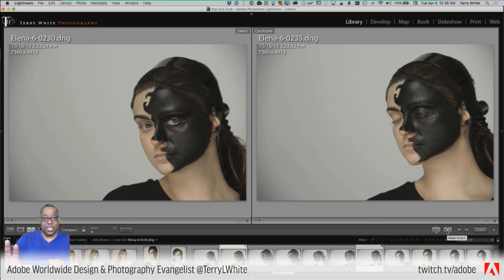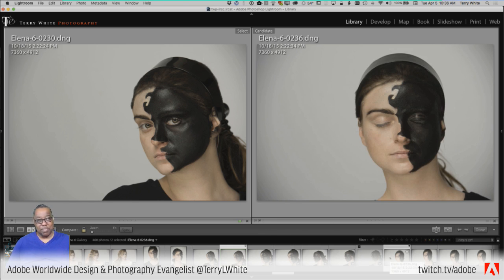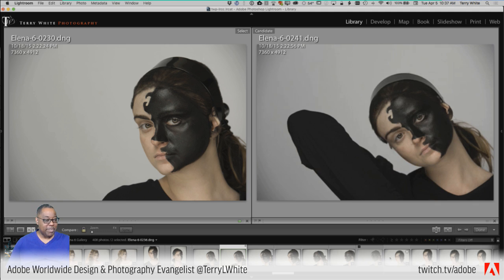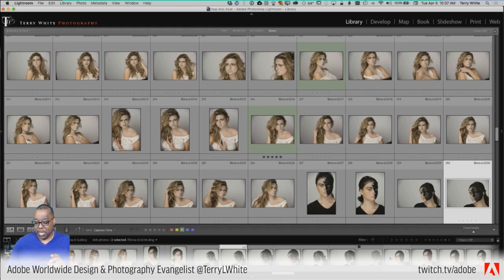It always lets you stay static with one photo as your select and compare it against different candidates until you find the perfect photo you're looking for. So in this case, I can say, you know what, her eyes are closed on that one. I can mark that one as a reject, and I can keep going. Her eyes are closed on purpose on these, but if it was a blink and you want to get rid of it, that would be one way to do it. So select versus candidate, that's why you have compare mode.